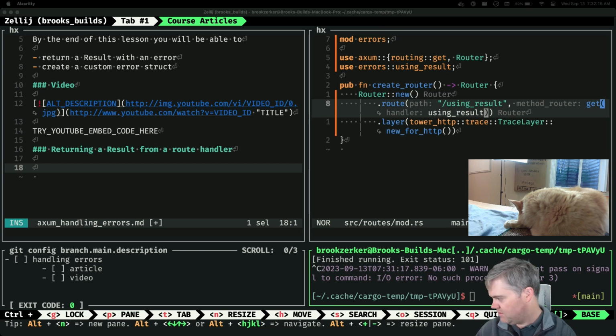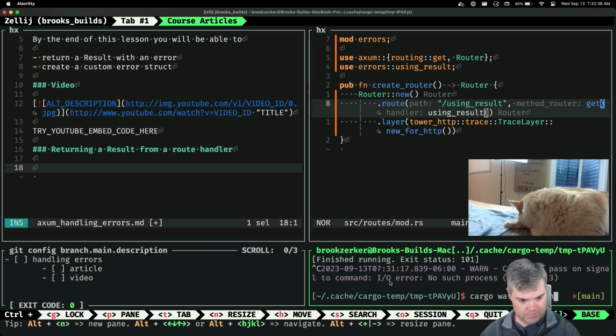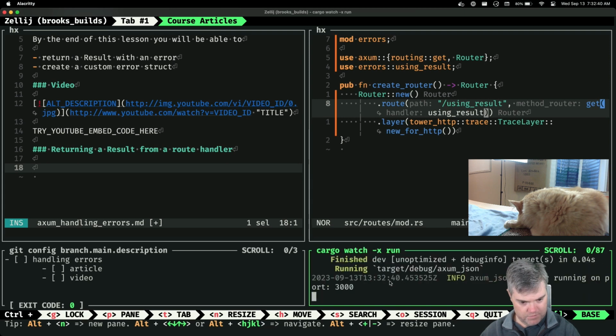Oh, that's my grep. So I don't know, I didn't see the port. Oh, but I successfully killed it. So now it's running. Perfect.